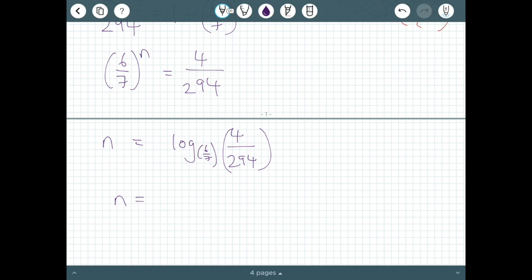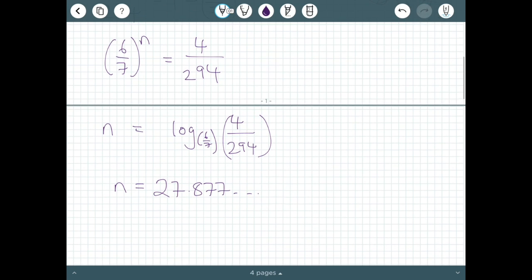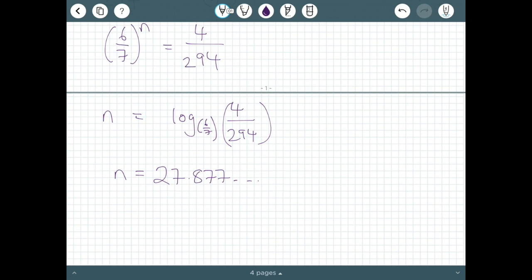And typing that into your calculator, you'll end up with a solution of n equals 27.877, etc. So what we're saying is that when n is 27.877, etc., then the sum becomes 290. So therefore S of n is greater than 290